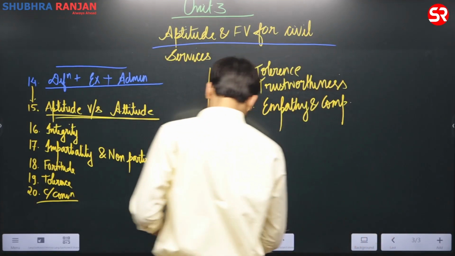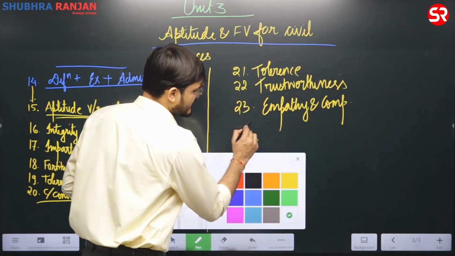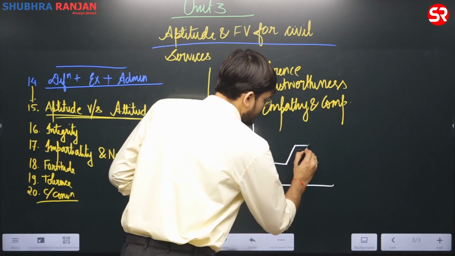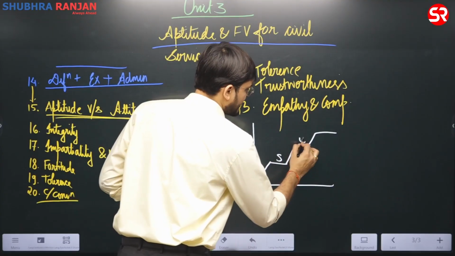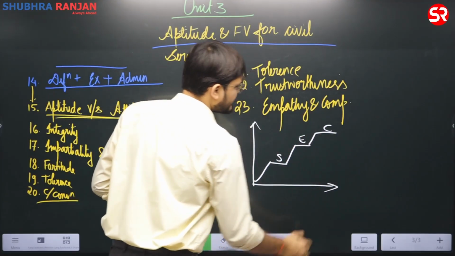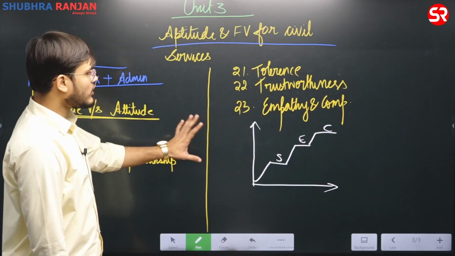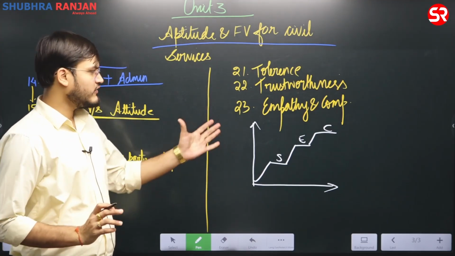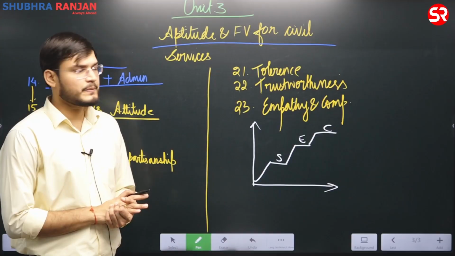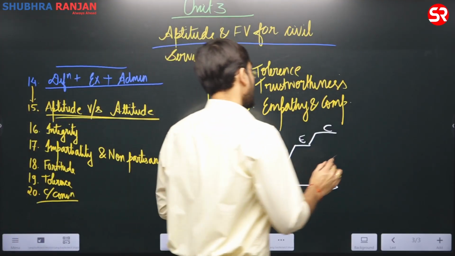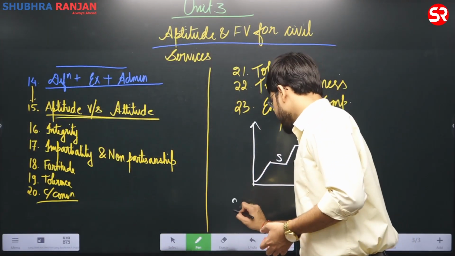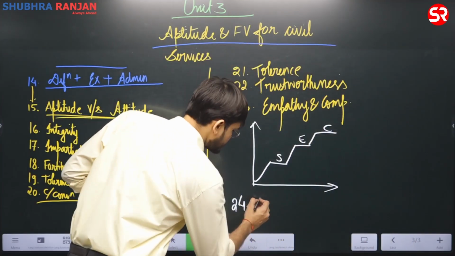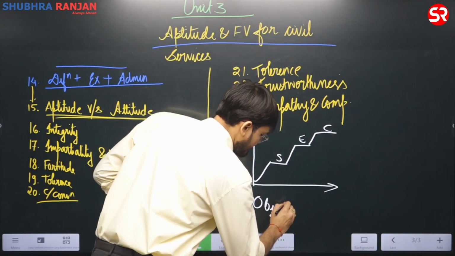Always try to make such type of diagram in this particular section, like we have already done with sympathy, empathy and compassion. You can always make such diagrams, although we have discussed them. For you guys who are writing mains, we will be studying all of these topics. We cannot go to the examination hall without studying these aspects. For example, they can ask questions about objectivity.